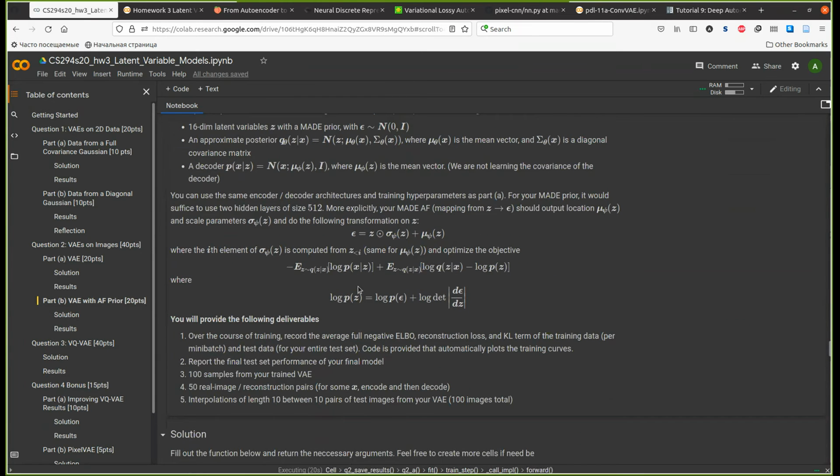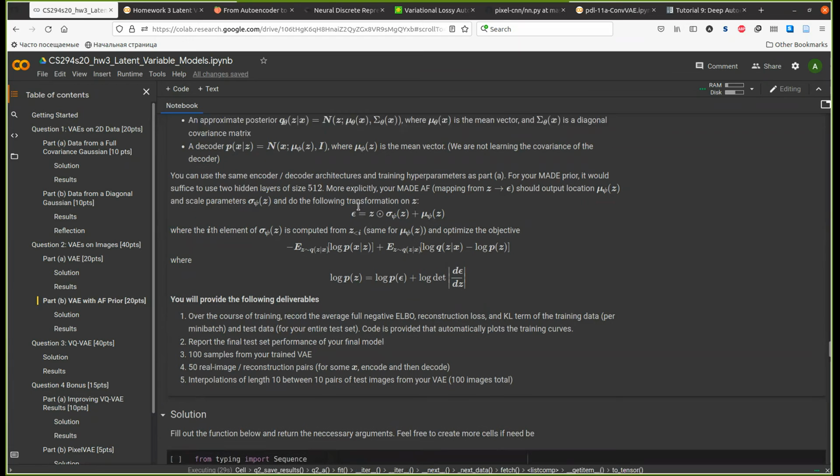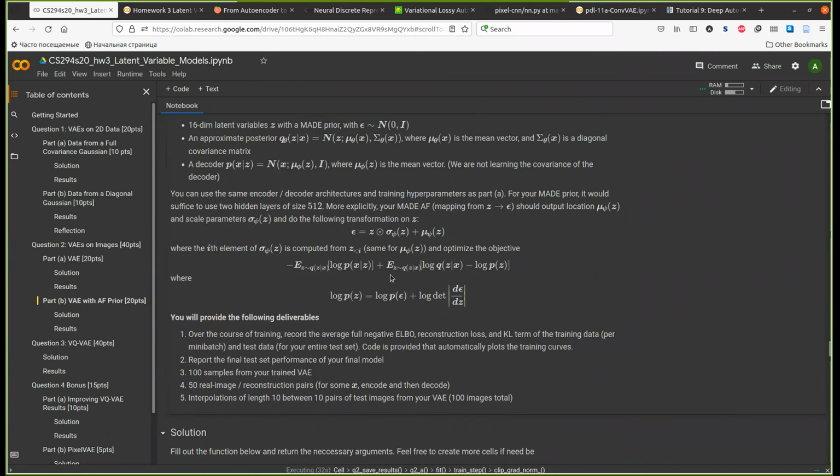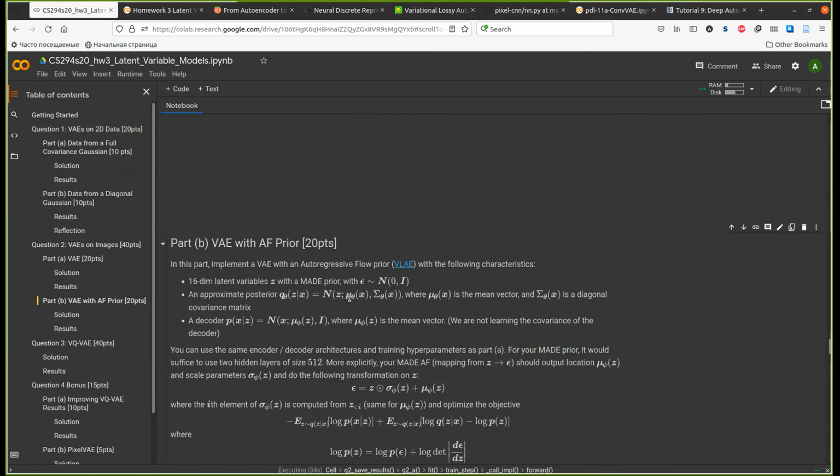And the idea here is that we don't have to model the posterior, we don't have to assume that the posterior should resemble, how it's called, a normal distribution, right? What we can do instead is use an autoregressive flow to project the latent space into the